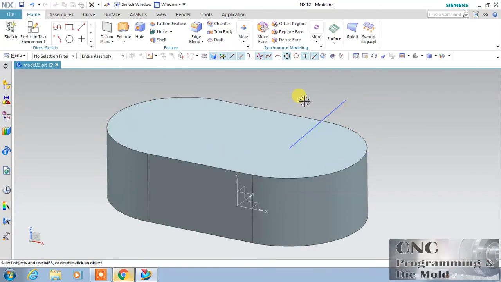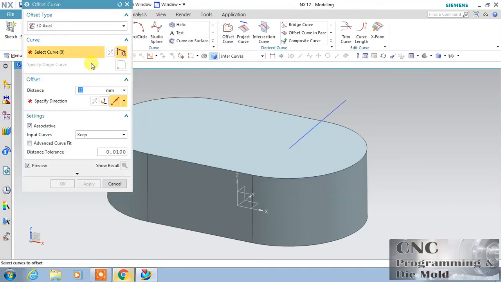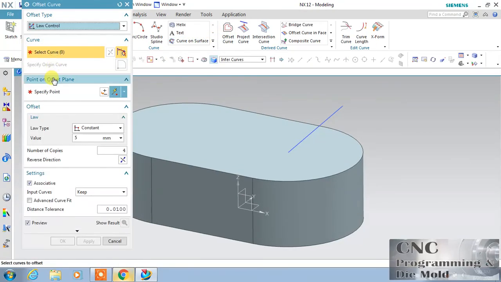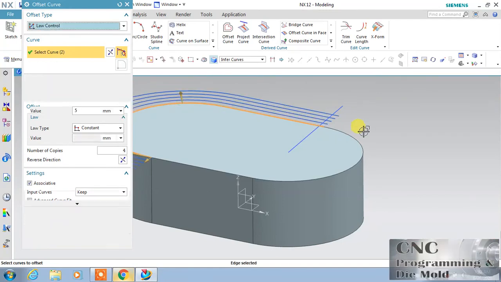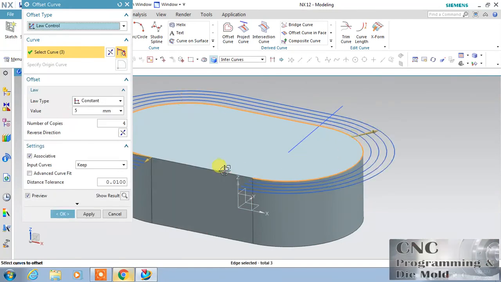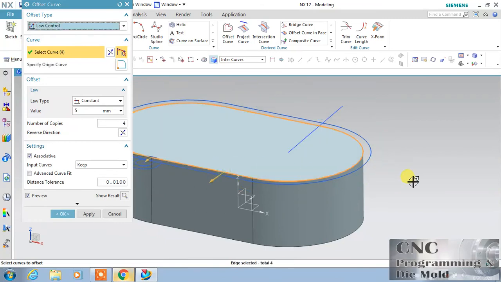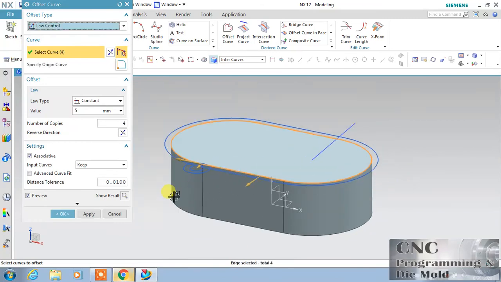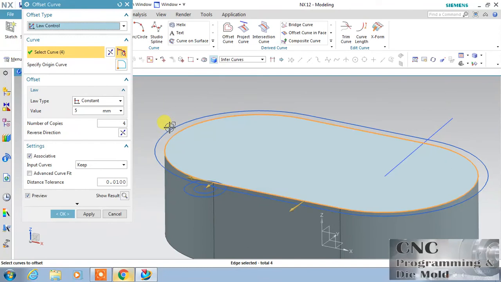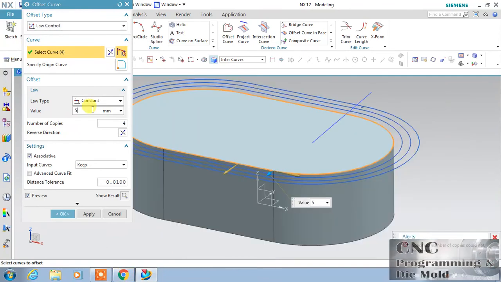Just delete this, and next in offset curve we have this law control. This is my curve. Now I will change the number of copies as 2.